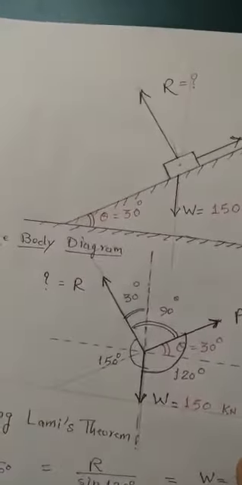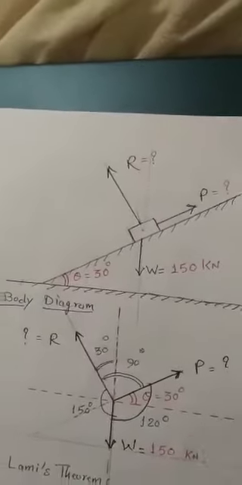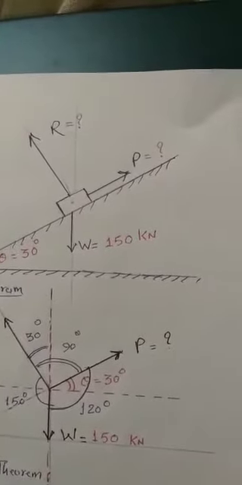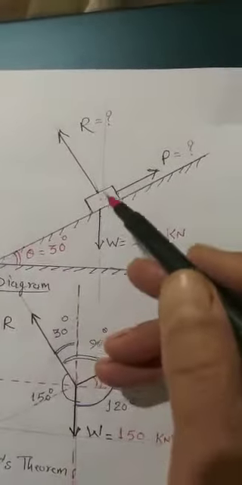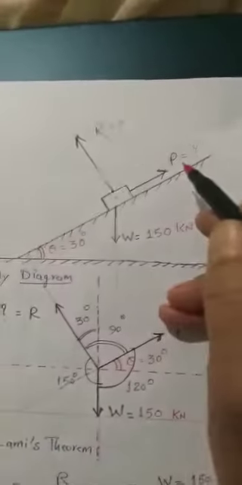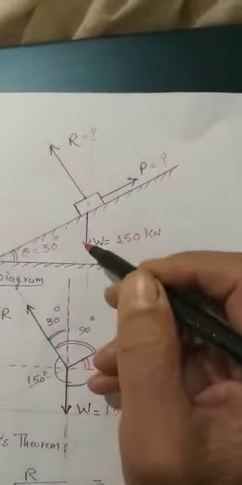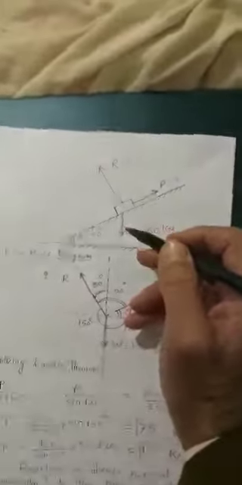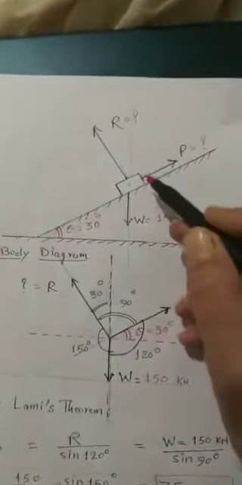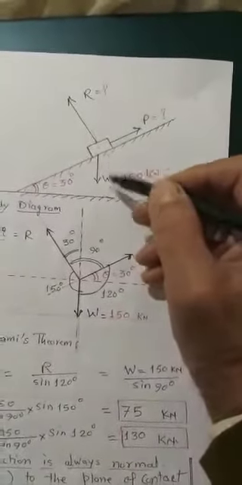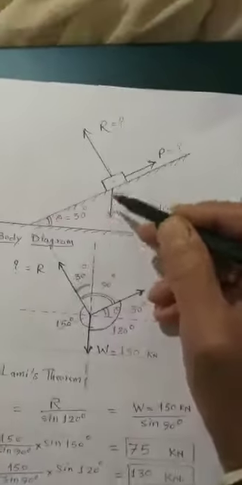That is a typical type of problem. Suppose this is a car, just on a hilly sloping area. But what happened? The brakes failed and the car started moving downwards. So I have applied a pull over here, and this is the weight of the car, the weight of the body, we can say now. Here in our case it was a car, but now it is a body. So one force has been applied so that it will come to its rest position and it won't come down. That is a gravitational pull, it will always be down.